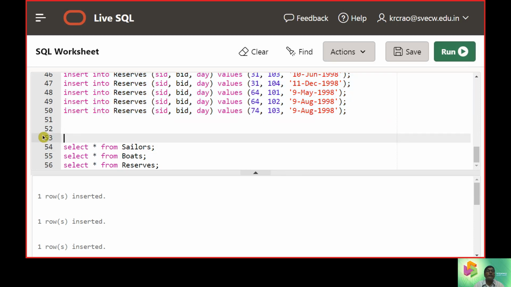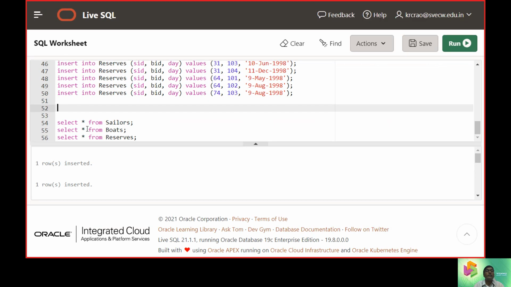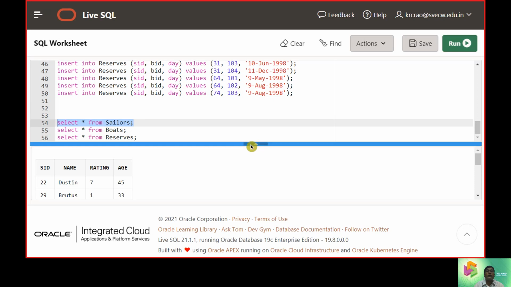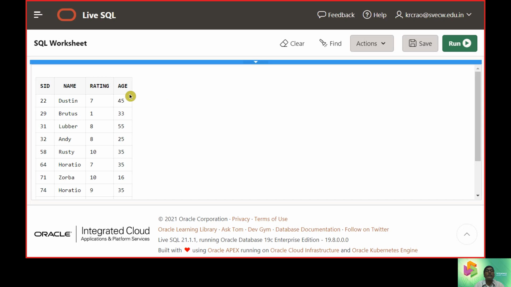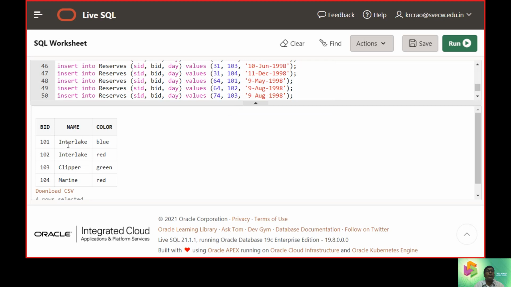Now let us verify whether the data we were assuming is present at this stage or not. You can see here 10 records, rows, are stored in the database. Similarly, we can assume 4 rows are going to be placed in the Boats database.